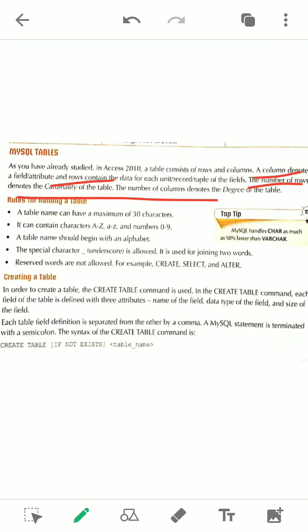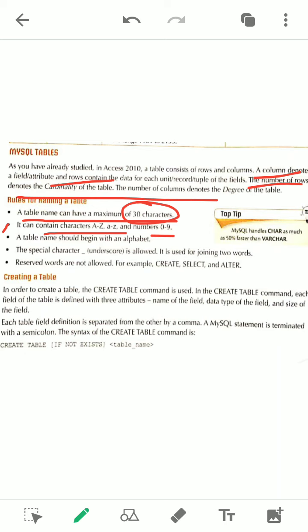These are some common rules you have found already in JavaScript variables. In XML also you will find something common. So the first one, you see, a name can contain a maximum of 30 characters. This is most important. A table name cannot contain more than 30 characters. Maximum 30 characters, so remember this one. And this is the common one: it can contain letters, small letters, capital letters, or numbers 0 to 9. You have got such kinds of rules earlier also in JavaScript variable naming. Uppercase, lowercase, and digits can be used.